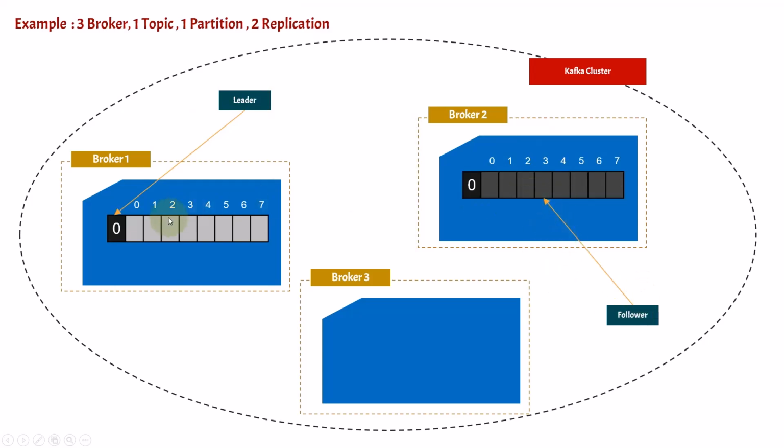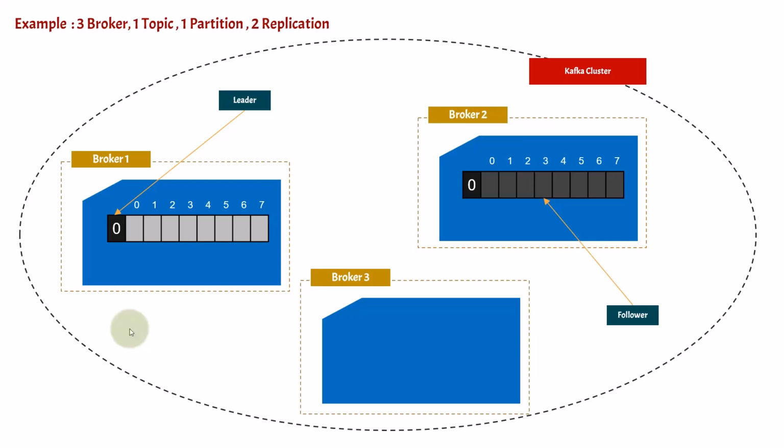So now you can see that we have three brokers, broker 1, broker 2 and broker 3. Since we have given the replication factor of the topic as 2, one will act as a leader and the other will act as a follower. When the leader is active, all the reads and writes go through this particular partition, that is partition 0. Whenever you push data here, the data will be replicated passively to the follower. That is the internal architecture of Kafka, how they do the replication. We are not interested in that.